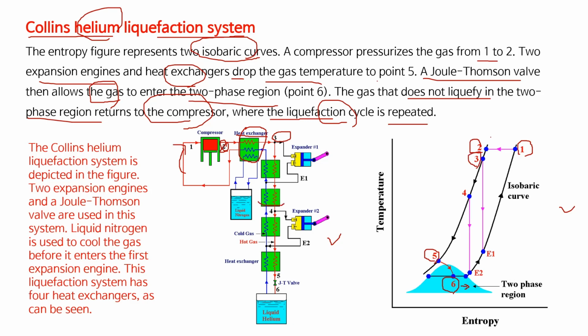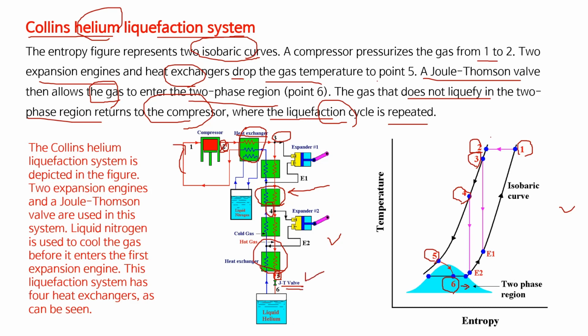And another heat exchange here, due to the action of this heat exchange, the gas temperature is lowered even further. And the last heat exchange, so we can lower the temperature even to 5, and then